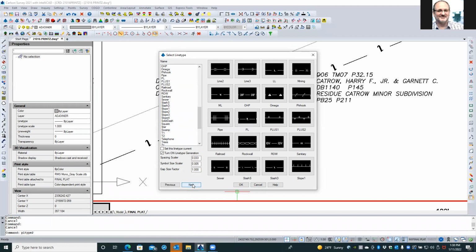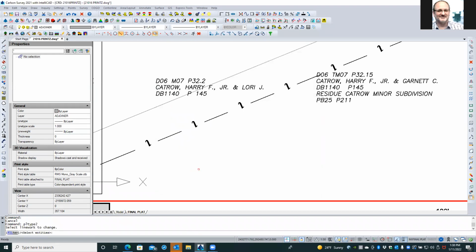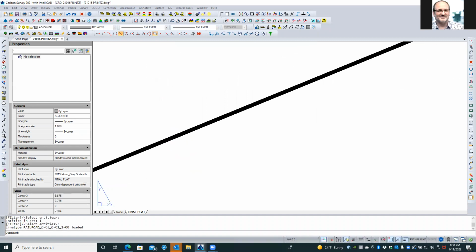See the railroad like that? Yeah. So if I do that, and let's leave these default spacings and stuff, yeah, that's a forest line. All right, so now that was,